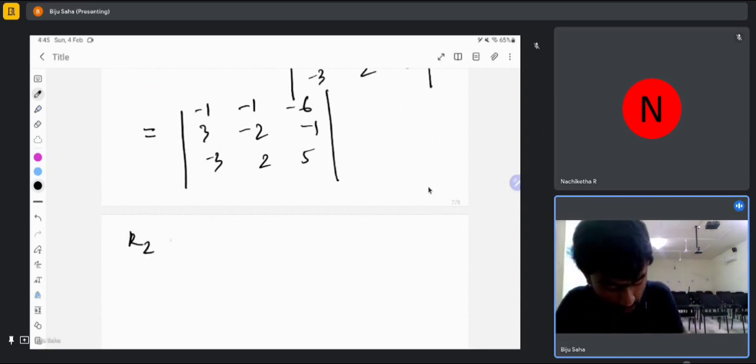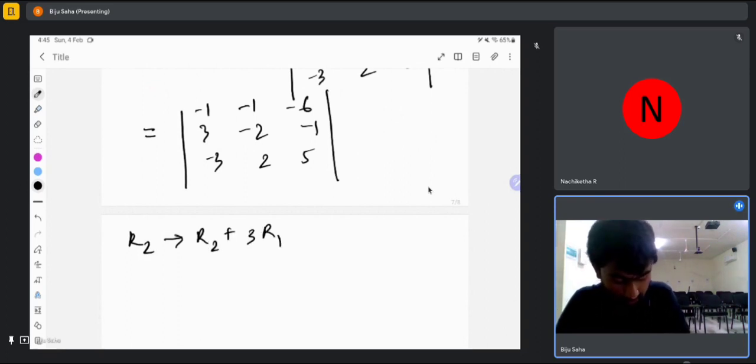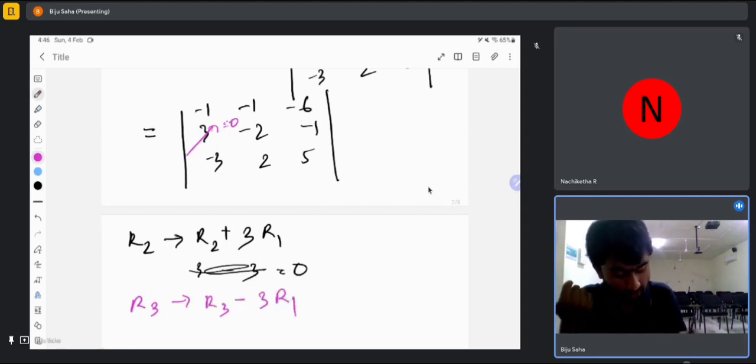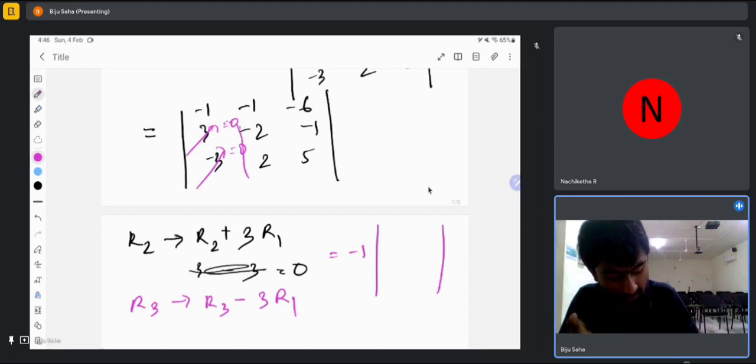You can make R2 go to R2 plus 3 of R1, that would make, sorry, this would be, yeah, plus 3 of R1 would make this to be equal to 0, so this would go to 0. Then you can change R3 to be R3 minus 3 R1, so that would make this element to be 0. So then you can just expand along this minus 1, and obviously these two submatrix elements will